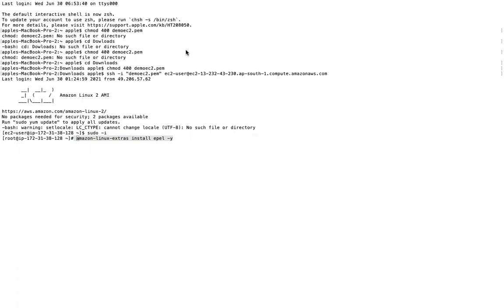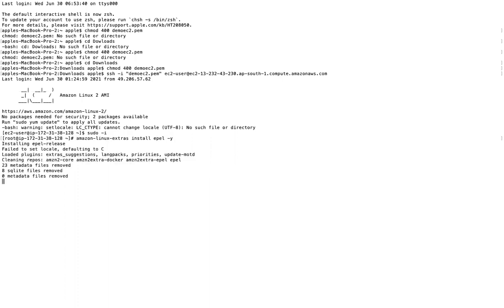So this is the Amazon package, and when you install this, you will be able to use whatever is there in Amazon Linux extras. There will be various packages here. Let us install it.